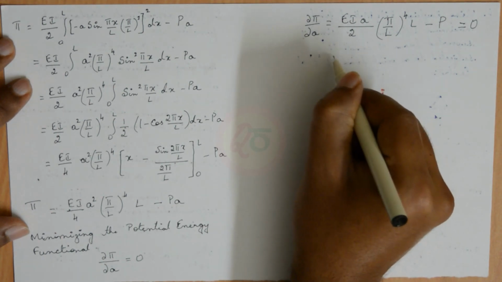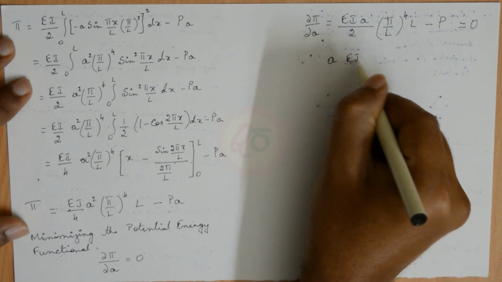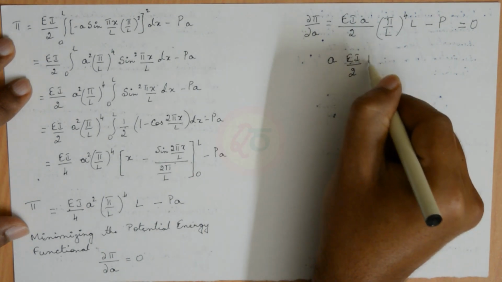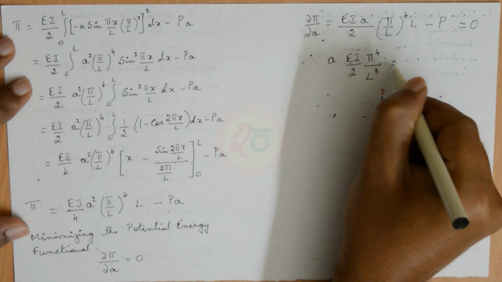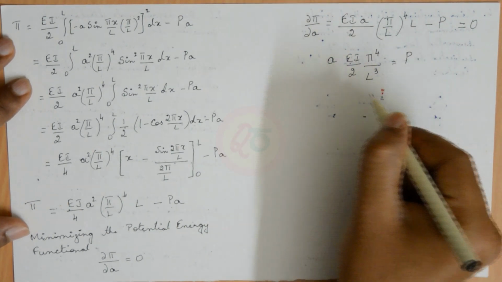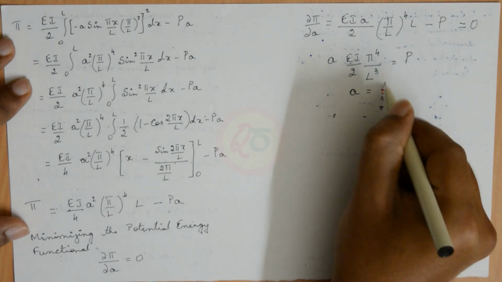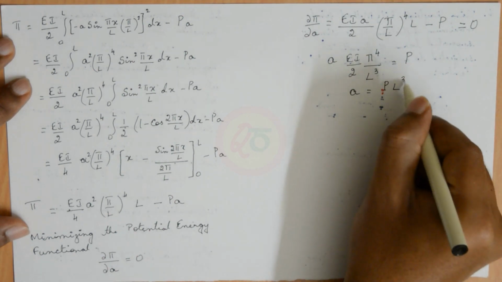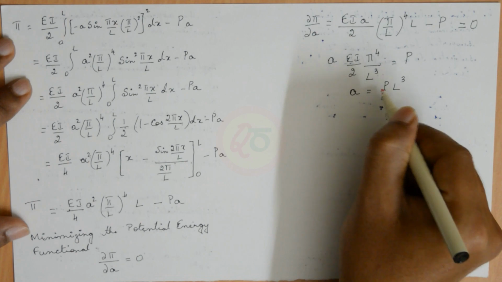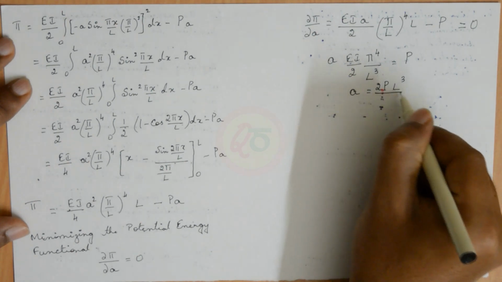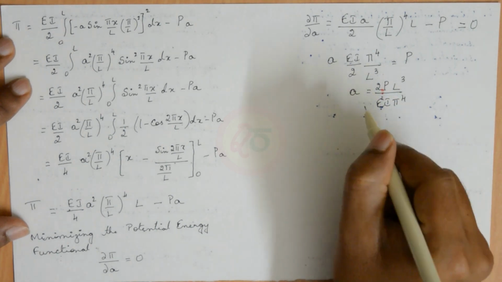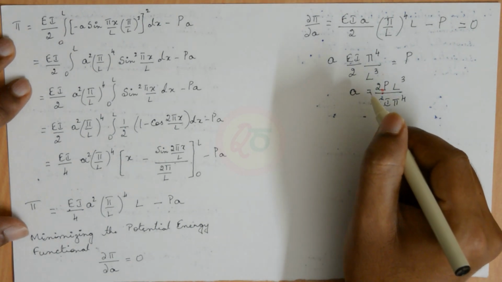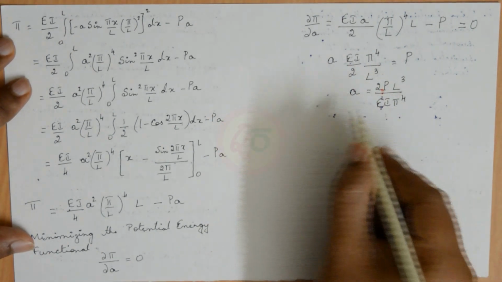So this becomes a into EI by 2 pi to the power of 4 by L cube is equal to P, or a will take a value of 2P L cube by EI pi to the power of 4. So maximum deflection